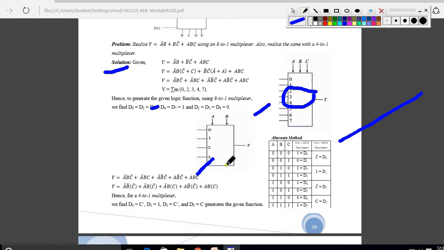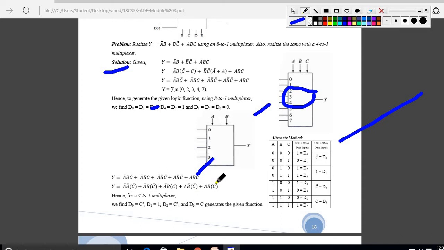Why am I leaving this one term here? In this case, it is because a bar b is repeating. For that reason you have to leave that one. So the next will consider only one, not both, because for 0 0 0 1, you have to consider either this or this. Okay, next is 1 0, a b bar, you will consider this one, that is d2.